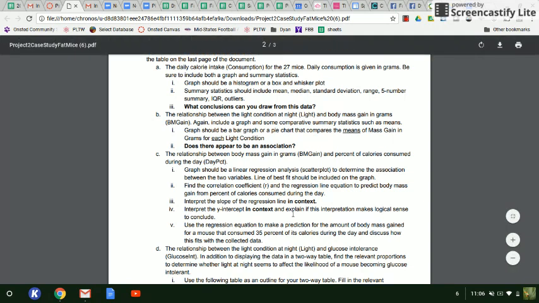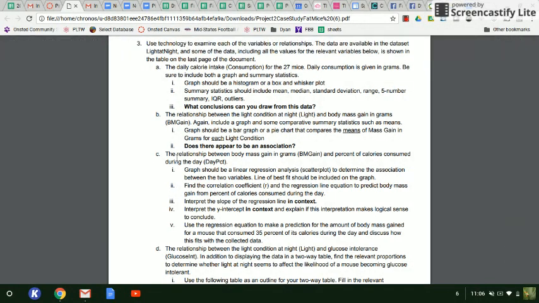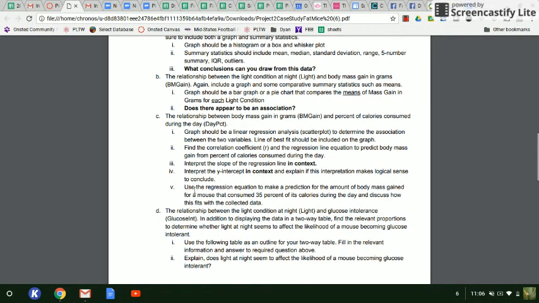When we talk about statistics, we don't just look at the numbers, we talk about what they mean in terms of the data. So what does that mean in terms of body mass gain and calories consumed? What are those numbers telling us? And then use the regression equation to make a prediction. So this is where you're going to plug in 35 into the equation to see what it tells you, and looking at how close is that equation to what the data is